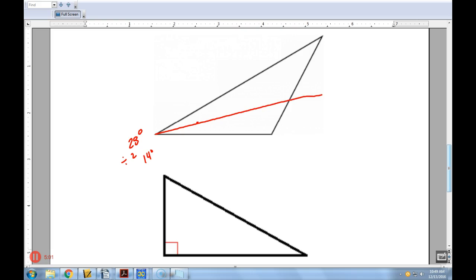Now I want to point out that I don't know where it comes out the other side of the triangle, and really I don't care where it comes out. This is not at the middle or anything special. It just kind of comes out the other side. And I'm going to repeat the process